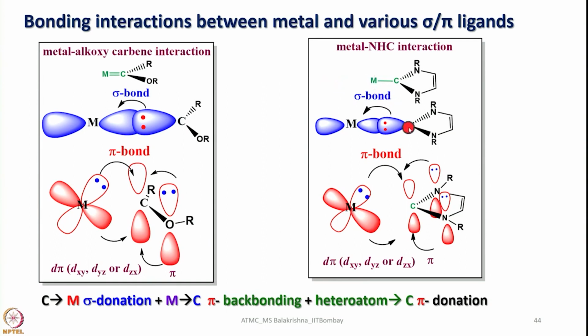I have also shown how the sigma bonding happens here. Sigma bond you can see here, and then the back bonding, again pi star is there. When we have this pi star on carbon, there is a competition for electron donation from both the metal as well as nitrogen, which has a lone pair. As a result, it is always very easy to take electron density within the molecule rather than from the metal. So it has less inclination to take electrons from the metal through back bonding. As a result, it is a good sigma donor, but a relatively weak pi acceptor compared to carbon monoxide